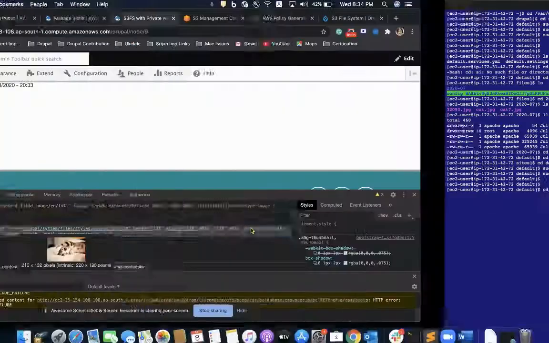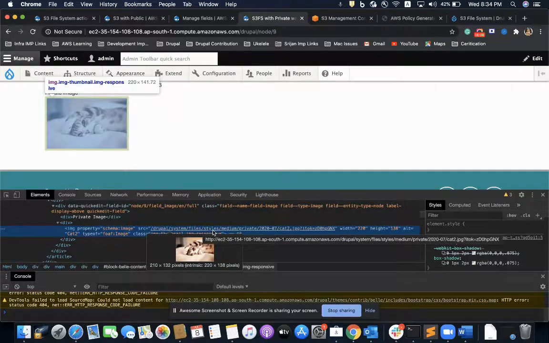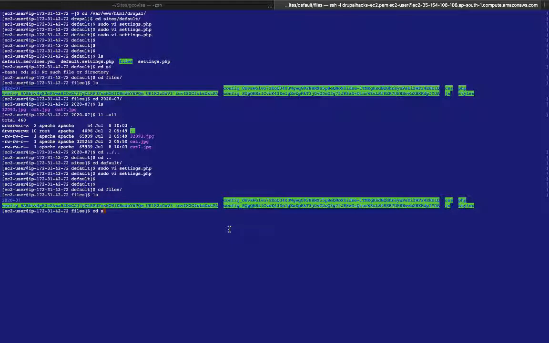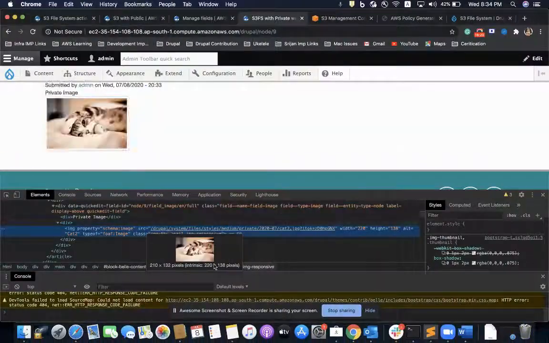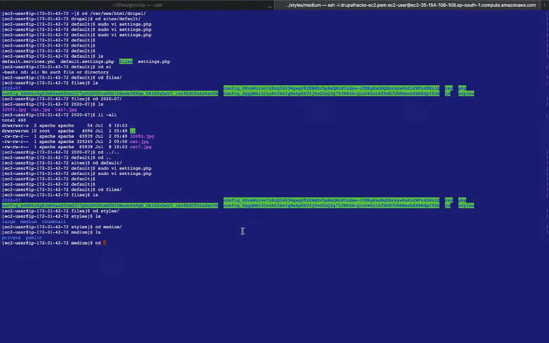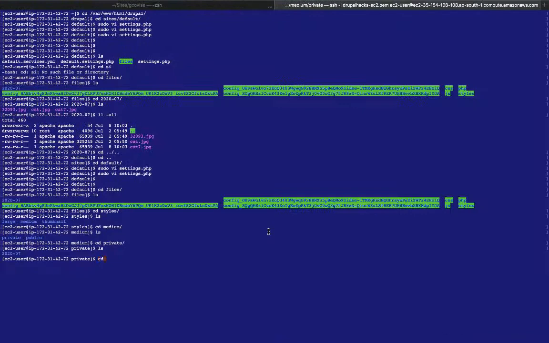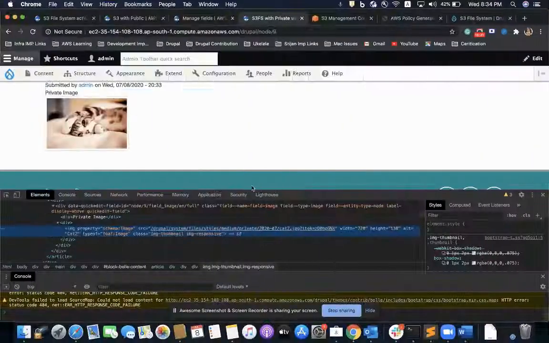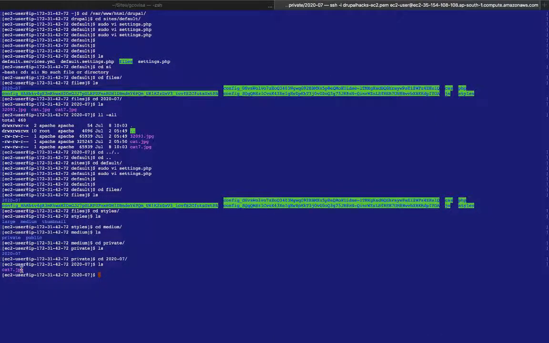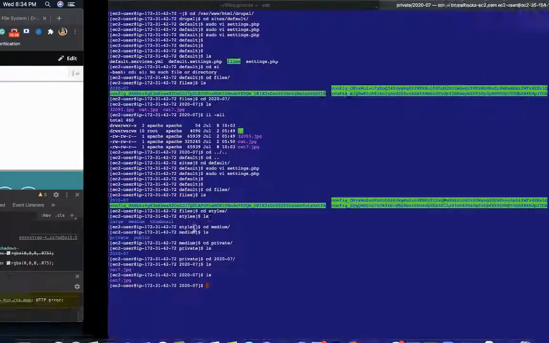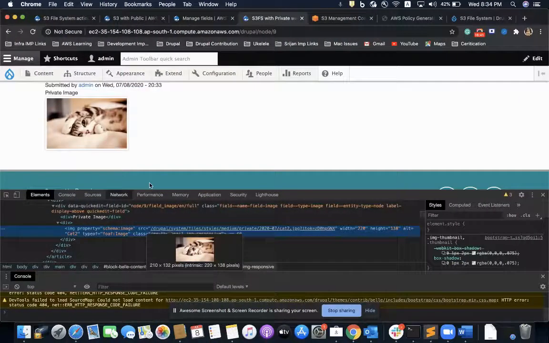This file is telling us files styles medium, and it is telling me the file is at private, cd private, cd 2027, and cat2. There is no such file as cat2, ls, no such file, which means it is definitely not coming from here, or it is not being saved at my Drupal file system level.